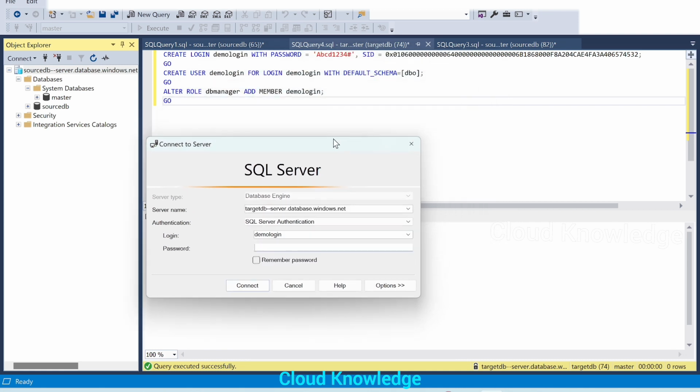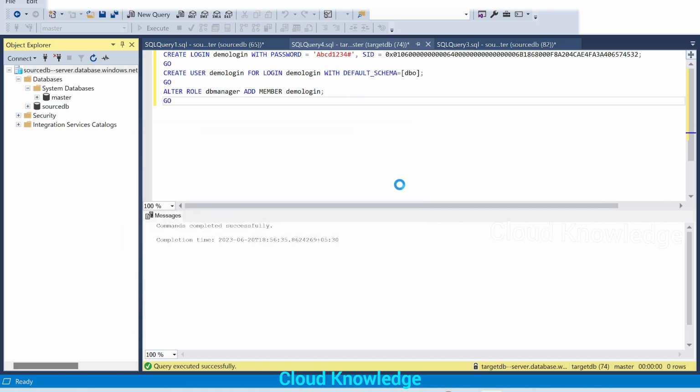So the password is ABCD1234 and hash. Remember, connect. Now our target SQL Server is connected using the new login user which we have created.